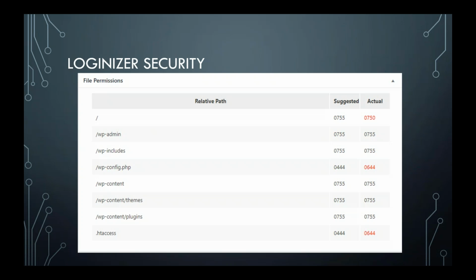It recommends you change your settings to make them more secure. The wp-config.php file is pretty important. You don't want anyone coming in and editing that, so it suggests giving it less active permissions. You can change all of this in the file manager in cPanel, or if you're using an FTP agent or client, you can do it there as well. I'll get into that at the end.